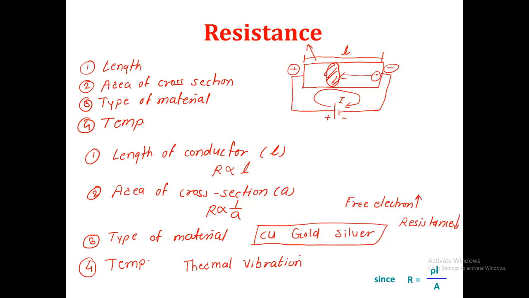So that is the point. And please try to remember that as we increase the temperature, though the number of free electrons increases, the resistance also increases. This is the effect of temperature on the resistance. लक्षात राहिले 4 parameters. And now with this discussion, we are trying to calculate one mathematical formula for resistance. And how can I calculate? Please try to observe here. So with these 4 parameters, I can write that the resistance of a conductor material is directly proportional to the length and is inversely proportional to the